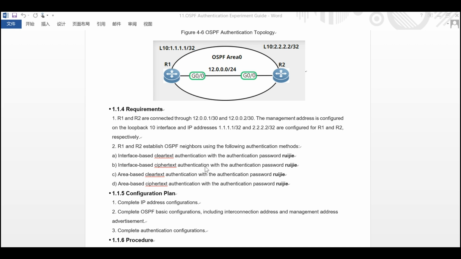Another way of authentication is area. For area-based authentication, we have to enable the function on the OSPF process and then set the password Ruijie on the interface. Next is ciphertext authentication with the authentication password Ruijie. The operation is the same: enable authentication on the area and then set the password on the interface. So these are the requirements. Here we will do 4 labs